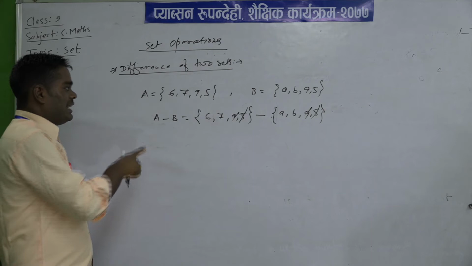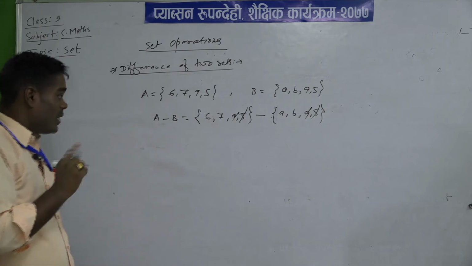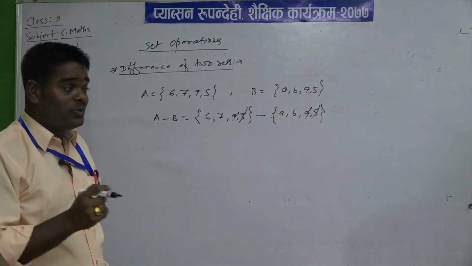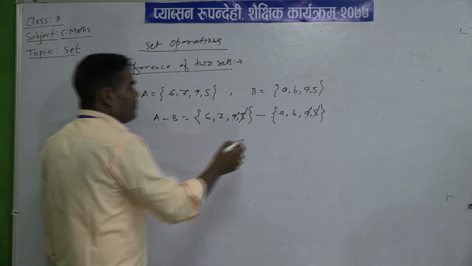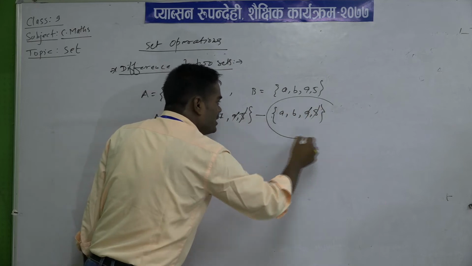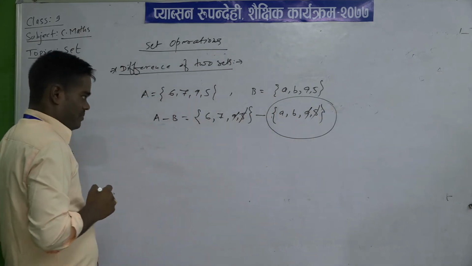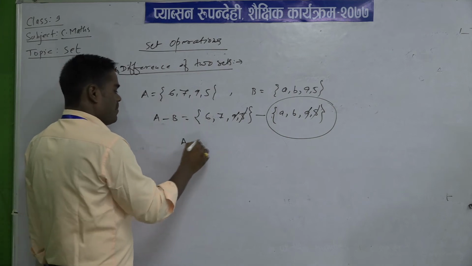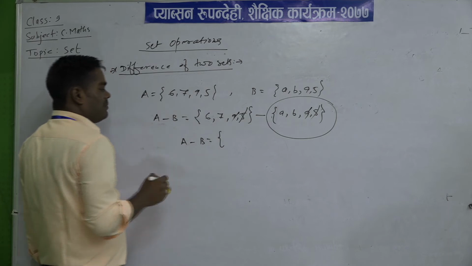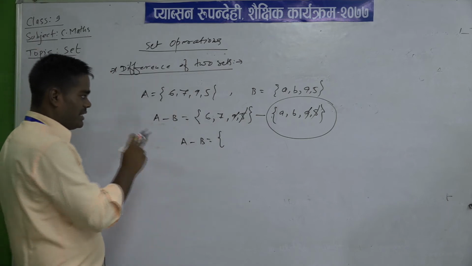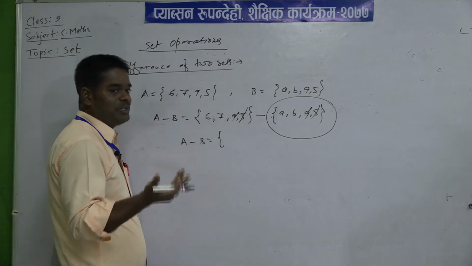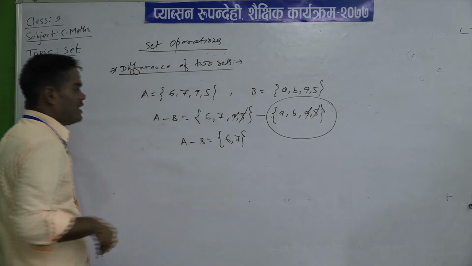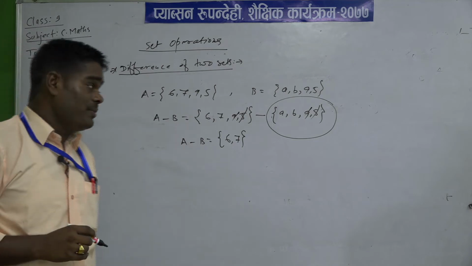You have to always think that A is greater than B. So, whatever elements are left in the greater set, we have to take those elements. We have no concern about the second set, that is set B, because set A is greater here. If there is some element left in set A, you write it down; if nothing is left, it means the empty set, the null set. So, 6, 7. Likewise we can find the difference of two sets.